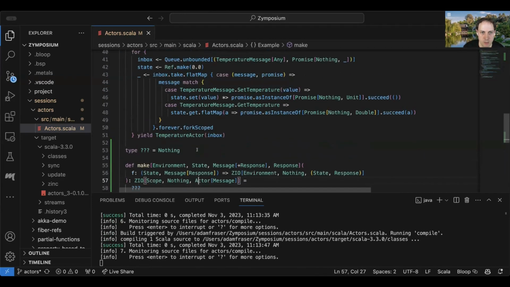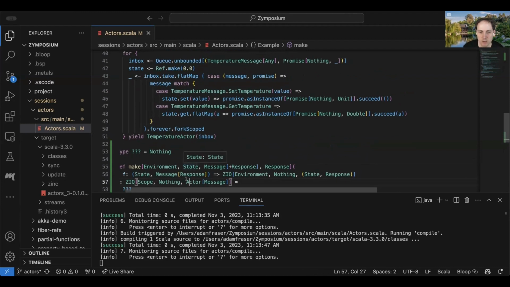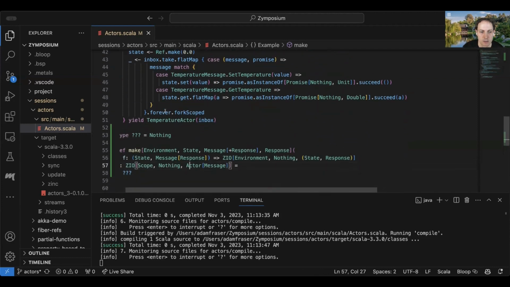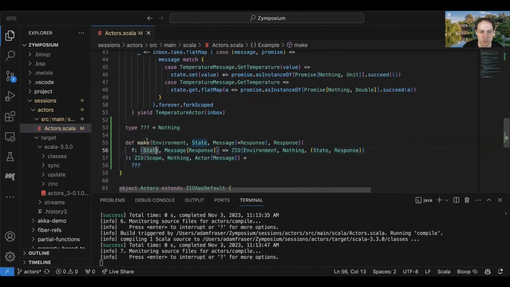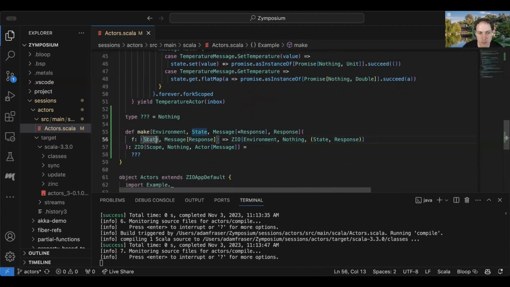I think there's one thing that's missing here. If I go back to look at what I had here. Does anyone have an idea of what is missing in the signature? Just maybe thinking about it conceptually. Like, again, we're not doing any implementation yet, but if we just look at these types and we think about data, what's missing here? So think about what we need to actually run this thing. So this is something that's going to take a state and a message and give back a new state and a response. And yeah, one has exactly right.